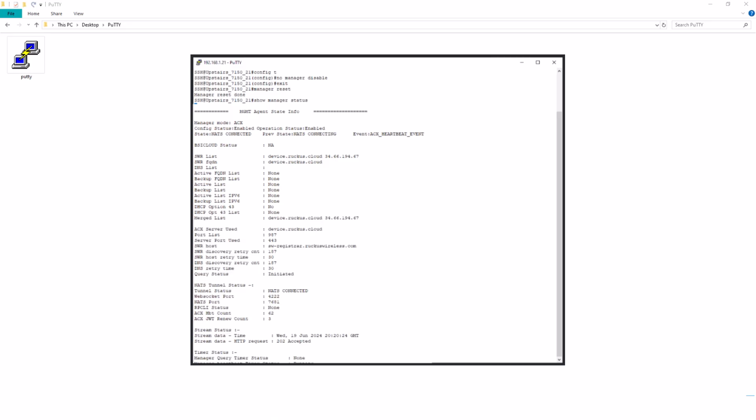The status command will display the Ruckus One host controllers that we're trying to connect to by IP and DNS host name. We can also see if a response is received from the cloud, and more importantly, that the NATS tunnel is connected. A state of NATS connected is the result of a switch that is fully operational within Ruckus One. However, the status might sometimes say never contacted or in progress. Once connected, that means that both sides have communicated, have been able to set up the tunnel, and are communicating